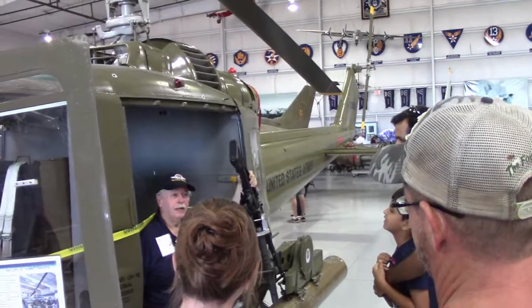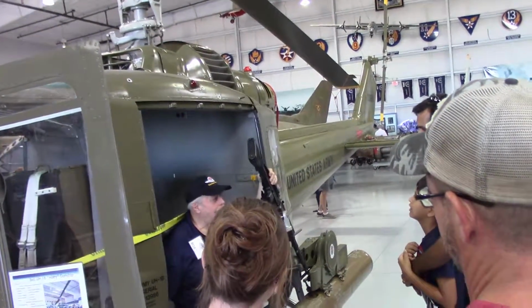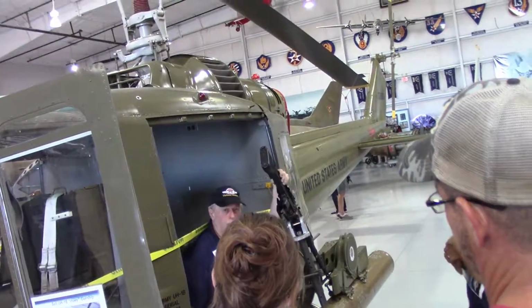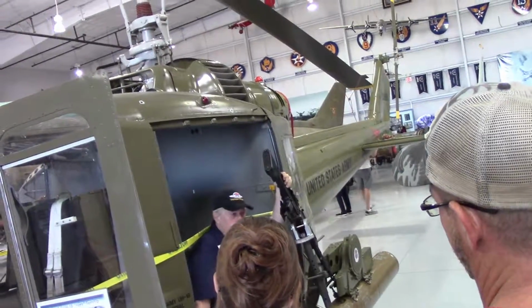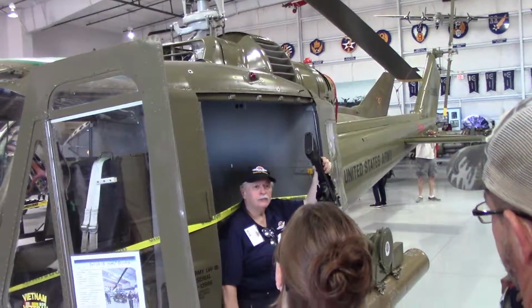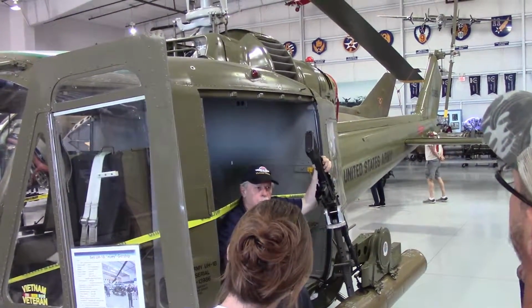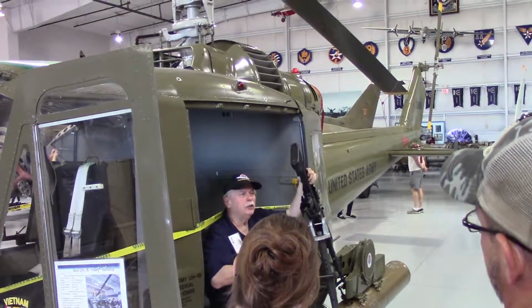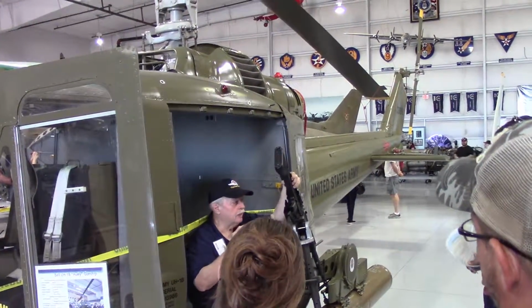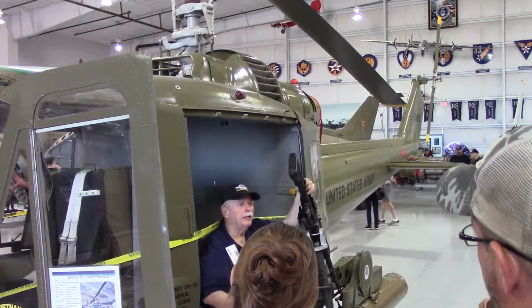Need some more help? How about a Black Hawk? They were all named after Indian tribes as a tribute to the Indian tribe. This one is an Iroquois. But when they started making the Huey, they made the Huey 1, the Huey 1B. When they made the Huey 1B in 1956, they used this type of helicopter to pick up people that were injured,